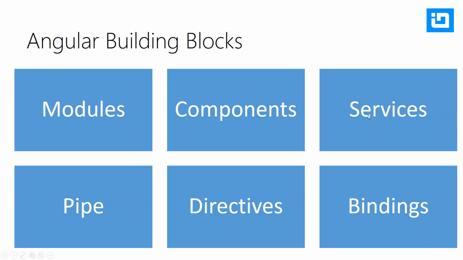As well, services are the same as AngularJS services. They are injected by Angular into the application once per application lifecycle. So anything which is common for all the components, you should put inside services. Then bindings are again very important. Bindings are used to bind data between your template, which is your UI, and your TypeScript class. In Angular, you have four types of bindings: interpolation, event binding, property binding, and the combination of event binding and property binding, which is known as two-way data binding. So these are the building blocks, and today we are not going into detail on all of this,